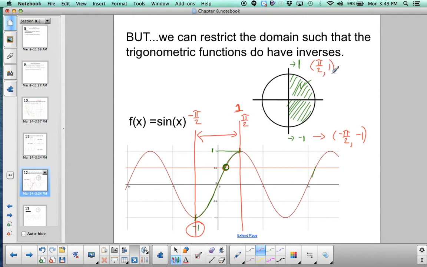So if I look at just this graph that I have in here, and I restrict my domain, then that's the piece that I want to look at when I define my inverse, f inverse of x, which is going to be